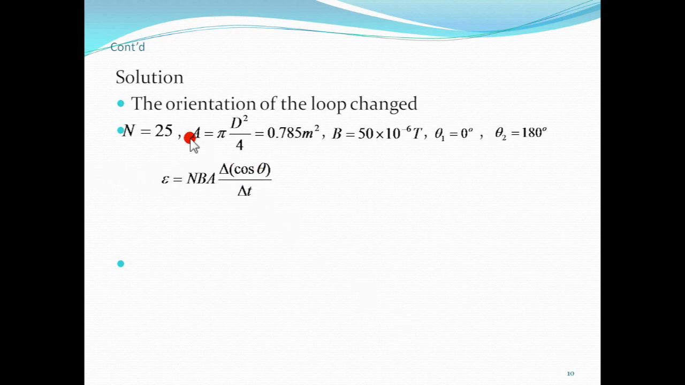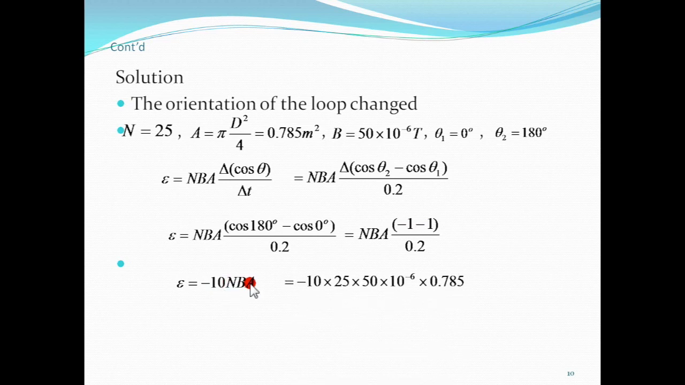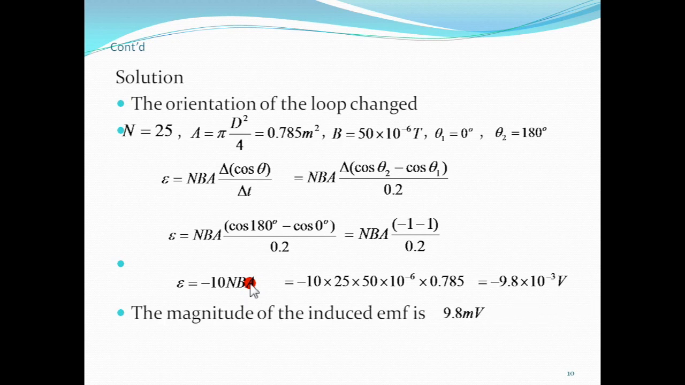ቴታ ይሆናል። ኤሪያው ፓይ ዲ ስኩዌር ኦቨር 4 ዲያሜትር ስለተሰጠን በዚህ ቁጥር ይሆናል። ቢ ተሰጥቶናል ቴታ 1 ቴታ 2 ስለዚህ cos ቴታ 2 minus cos ቴታ 1 ብለን ሳብስቲት አድርገን የምንሰራ ታይሙ 0.2 አድርገን የምናገኘው ቁጥር this is -1 this is 1, -1 -1 -2 ይሆናል ማለት ነው። it's -10 NBA ቁጥሮችን ሳብስቲት ብናደርግ -10 times 25 times 50 times 10 to the power -6 times 0.075 minus 9.8 times 10 to the -3 ይሆናል። ማግኒቲዩዱን ስለምንፈልግ we simply take